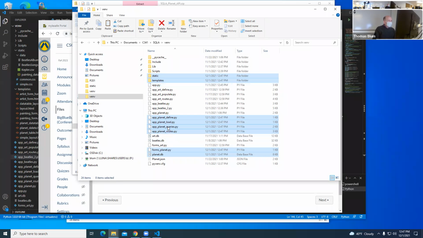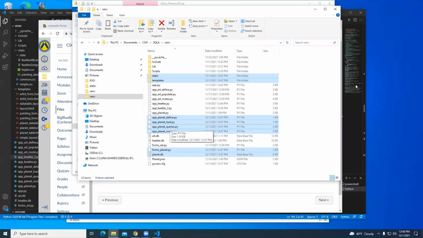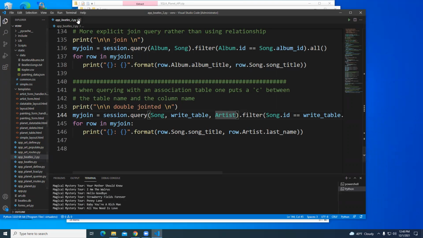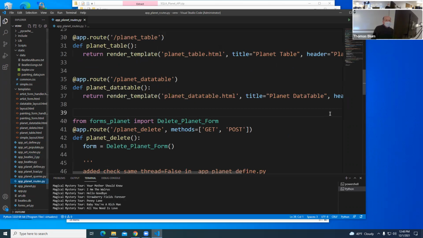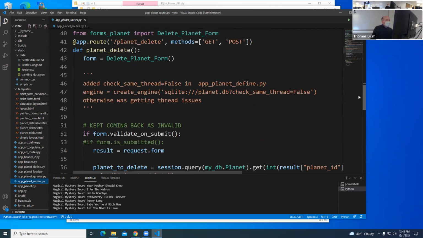Where's my routes? Here are my routes. So I did the delete previously.